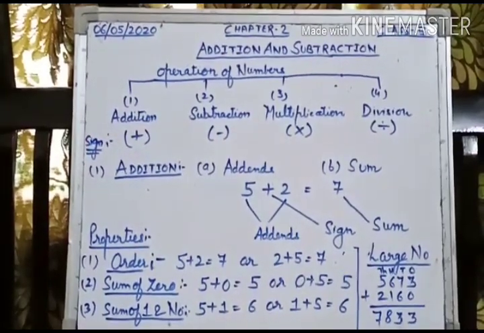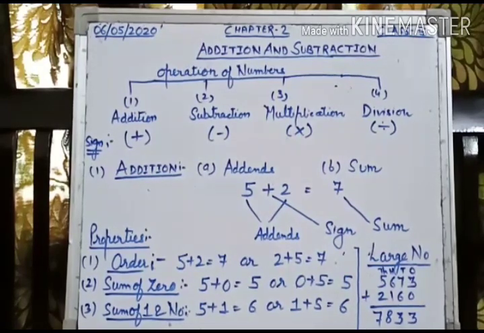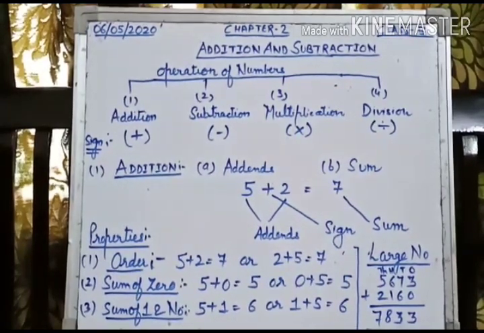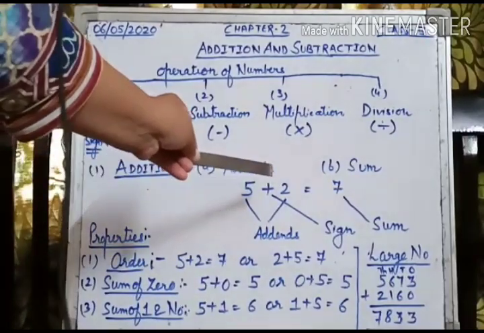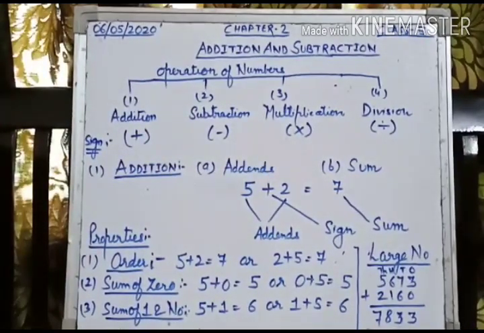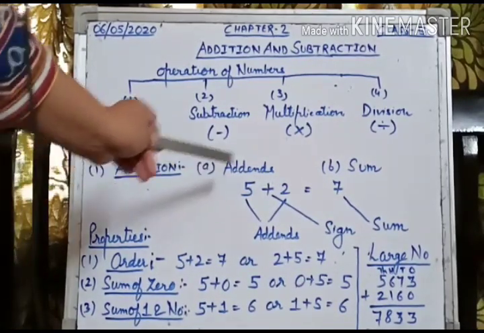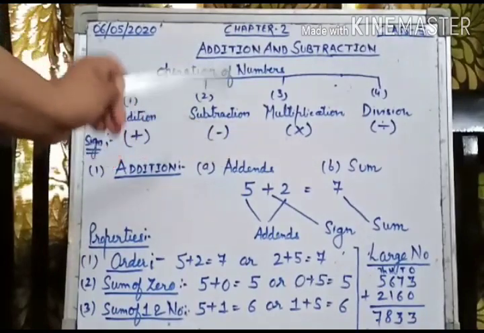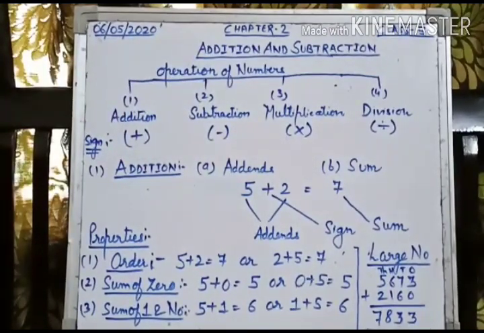Now the first term which we will come in contact with is addends. The numbers which we are adding are addends. Suppose I give you an example of a very small one, 5 plus 2. So plus is the sign which we use for the operation of addition, and 5 and 2, these are the 2 addends. When we add these 2 addends, the answer which we get will be 7, and this 7 will be called the sum.